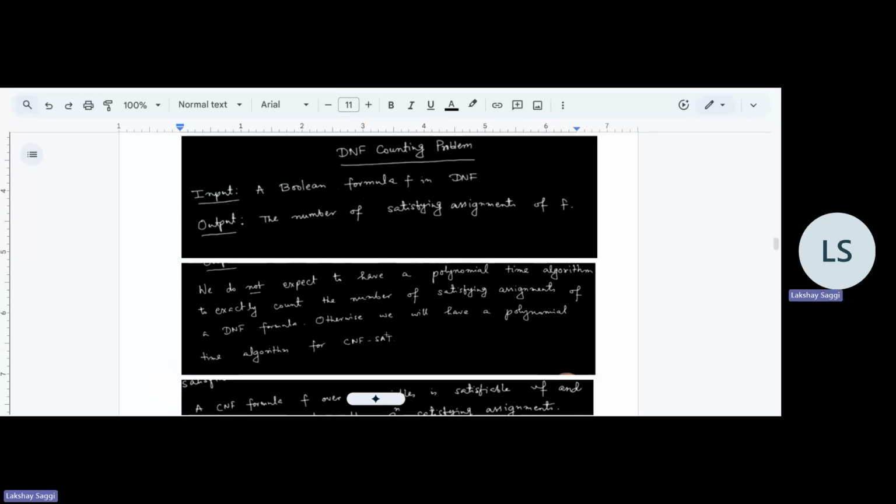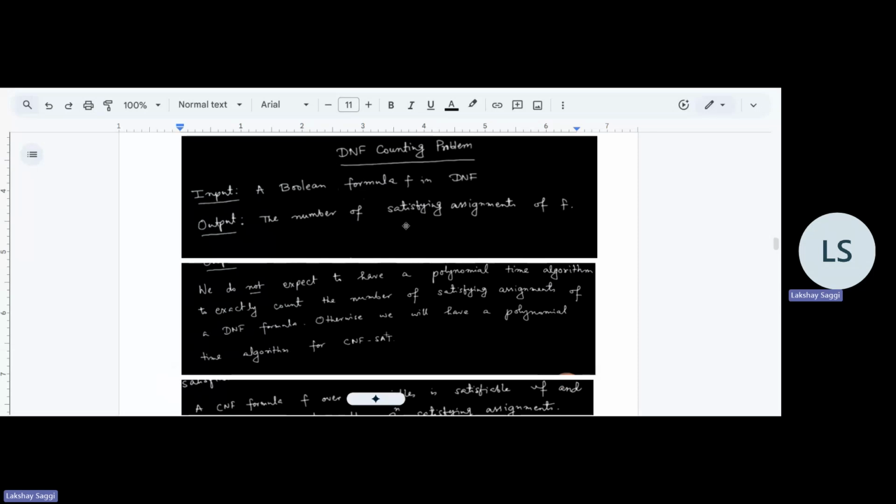So there exists an exponential time algorithm for this DNF counting problem, but a polynomial time algorithm might be hard. A lot of people believe that one should not expect these kinds of solutions to exist. And why is this the case? Because then